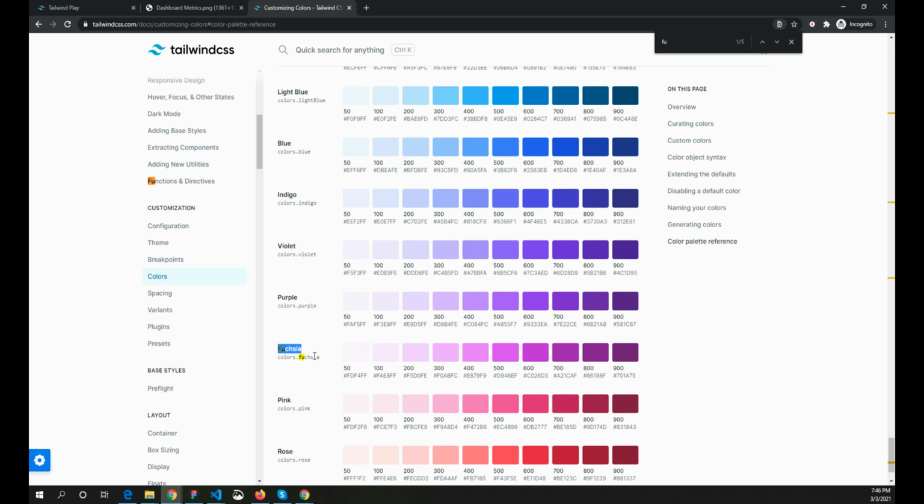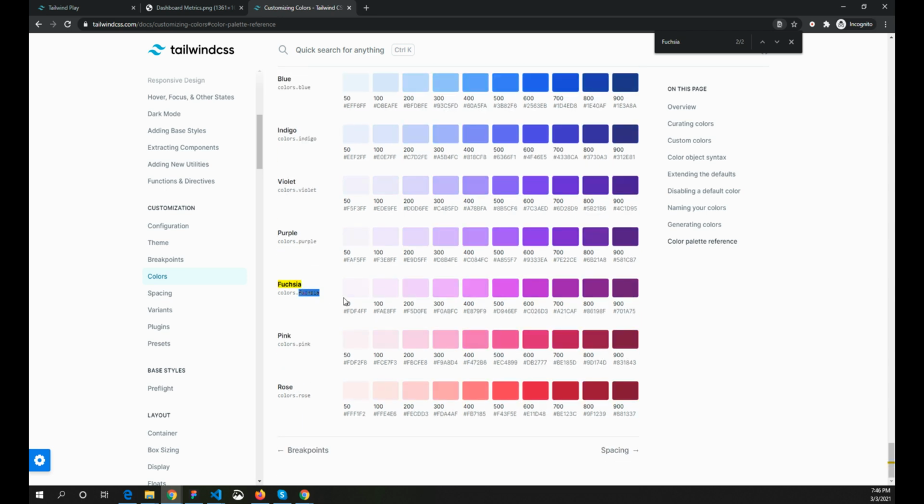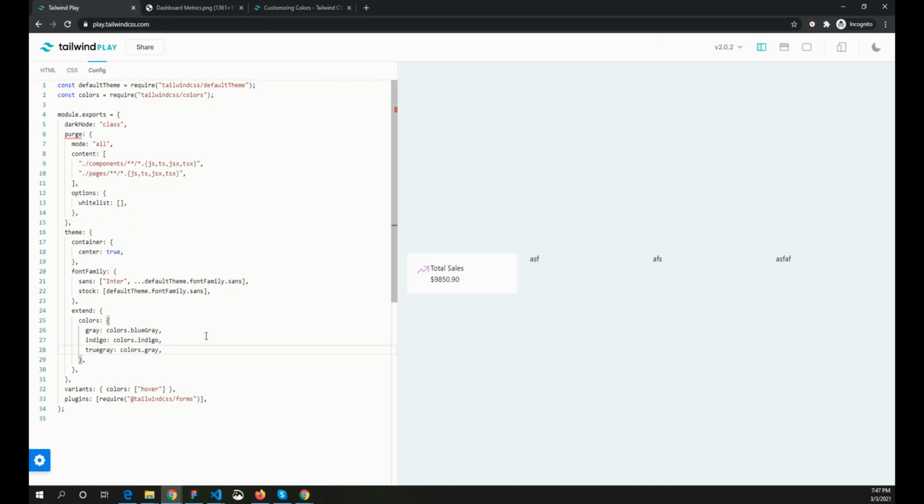Okay, so this is what I want. Let's see. So this is the name. Okay, I will just copy this name, and here I'll just use this, so that